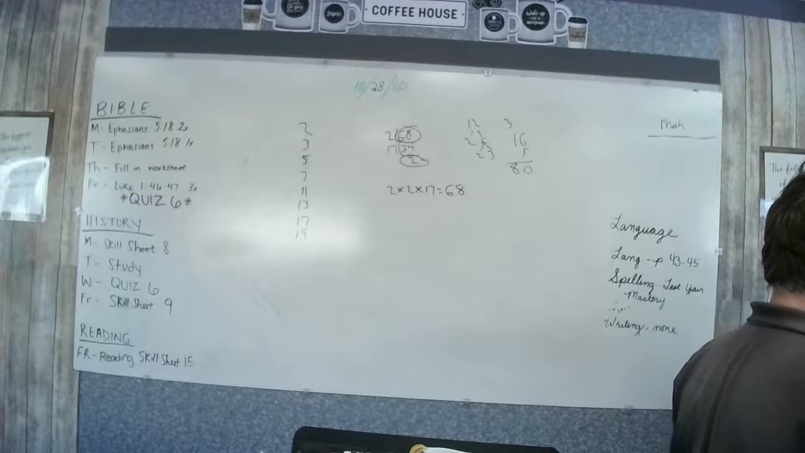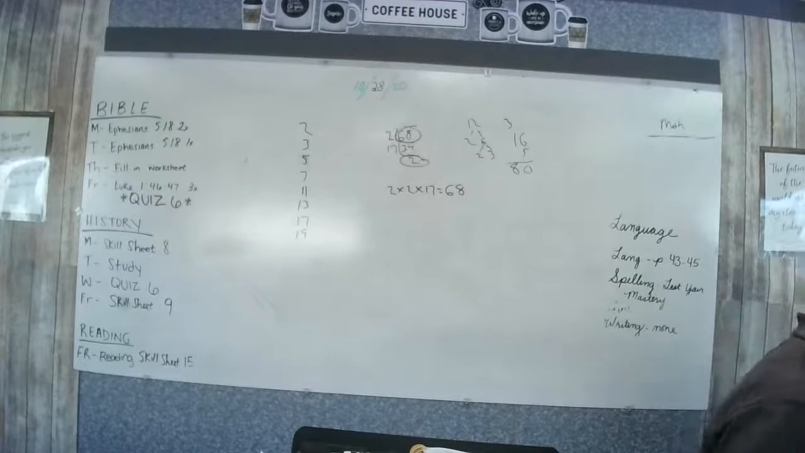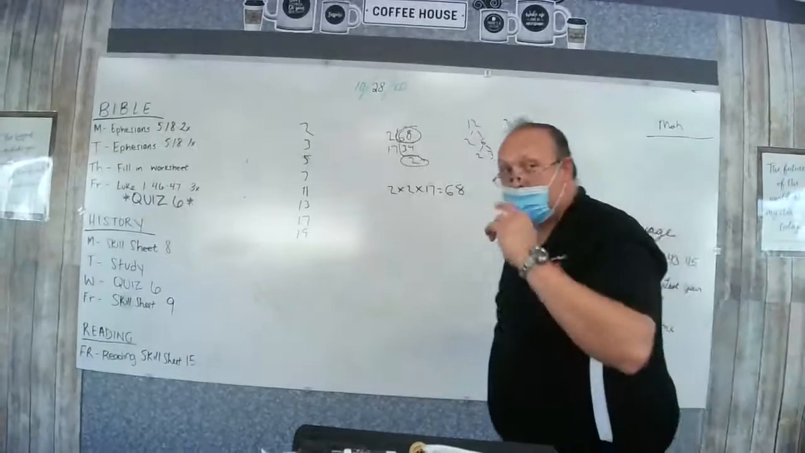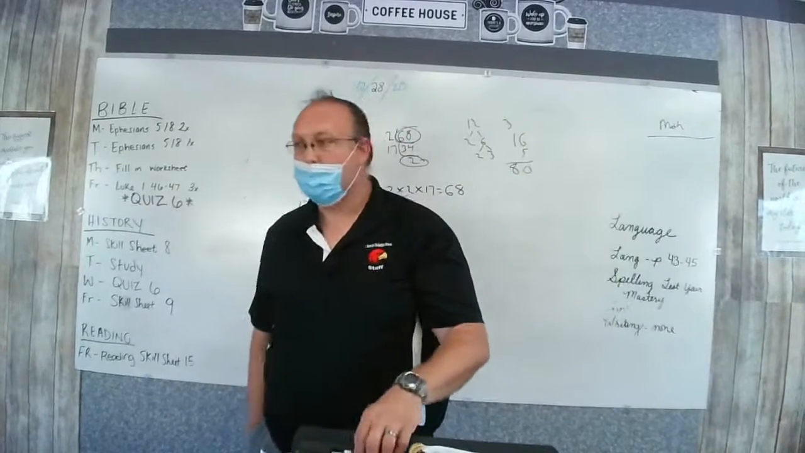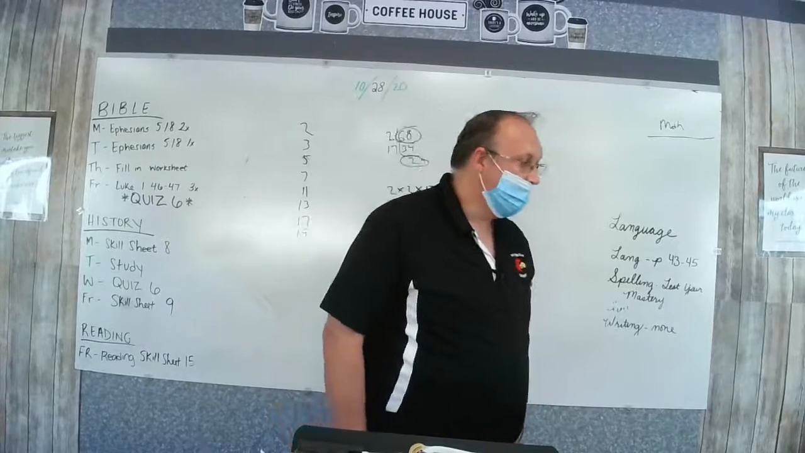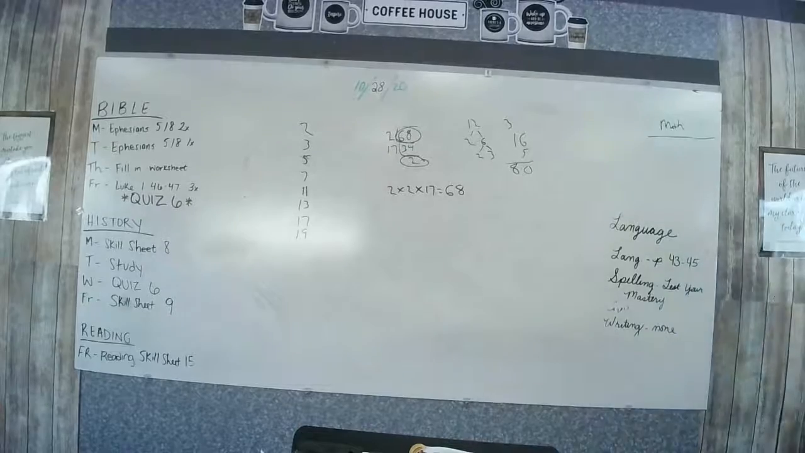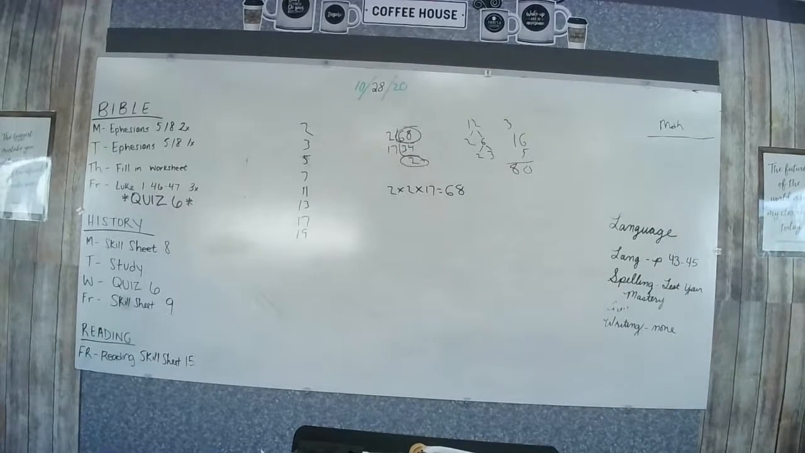What did you say what I was supposed to do? 5 through 12. Okay? 5 through 12. Yes, you're going to do